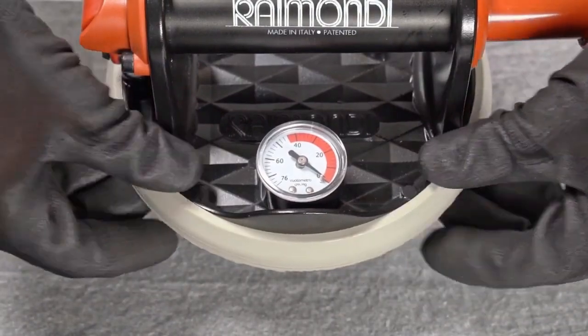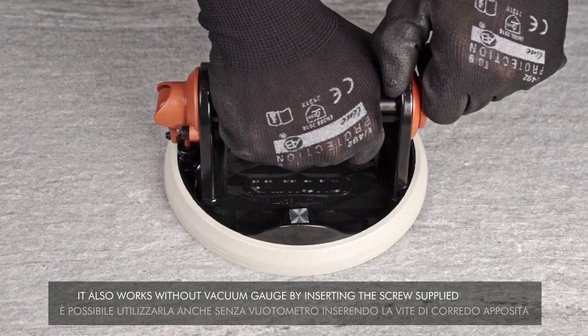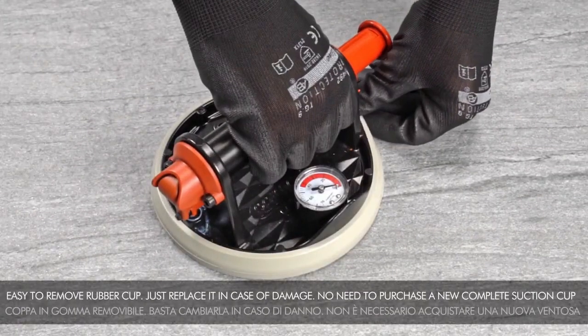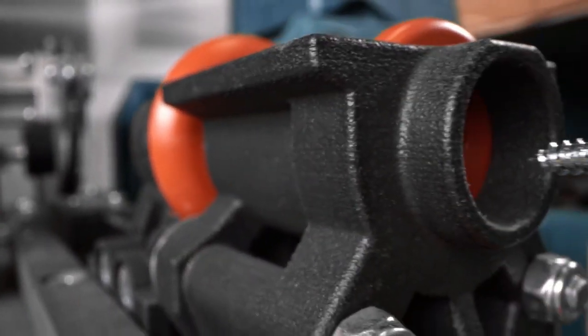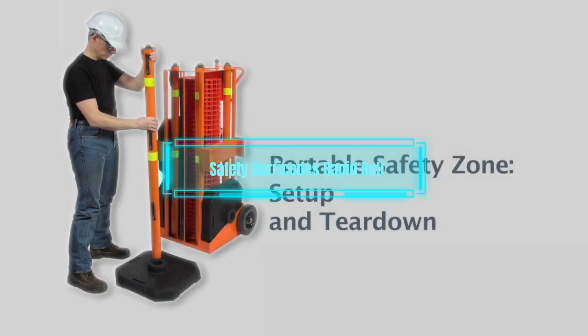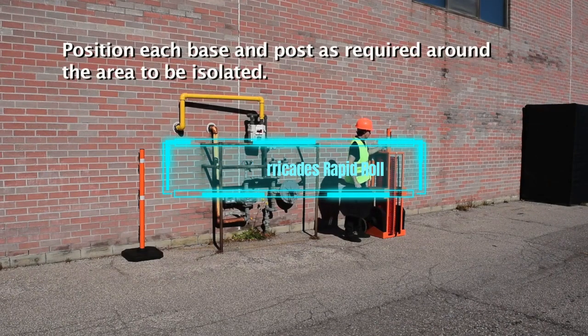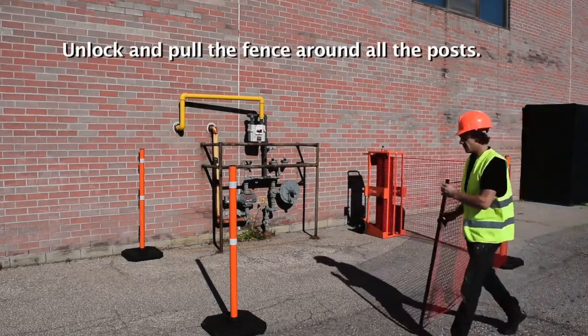It is the ideal tool for handling large format tiles and slabs in various industries. It is not just a suction cup, it is a RapidRoll RV175. Safety Barricades RapidRoll. The Safety Barricades RapidRoll is a portable and reusable barrier system that can secure any outdoor